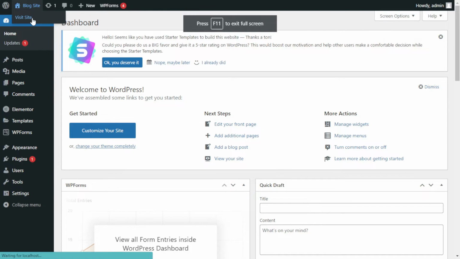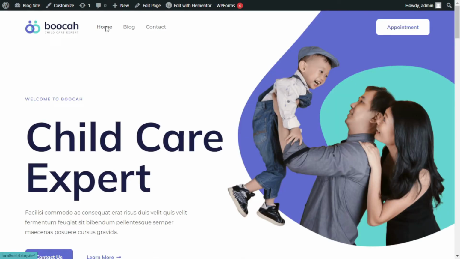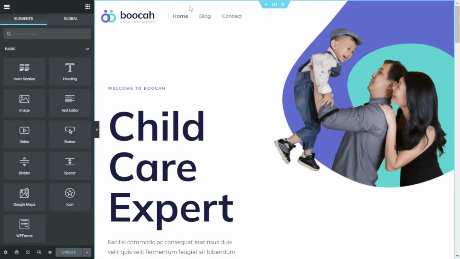Now, if you want to edit the homepage of your website, go to your website's homepage and click on Edit with Elementor. Now, this is the Elementor website builder. Say if you want to edit this text over here.